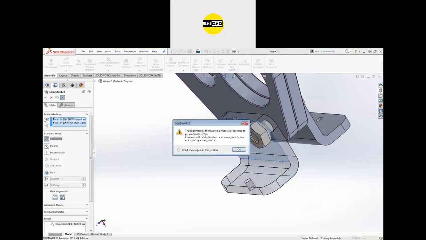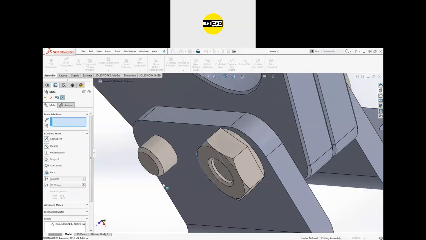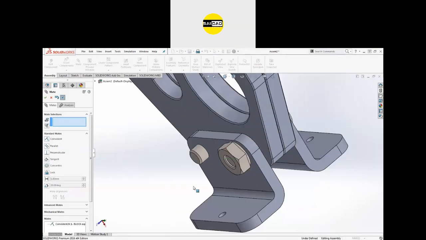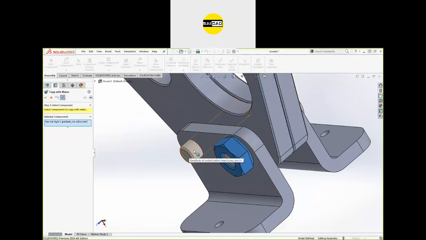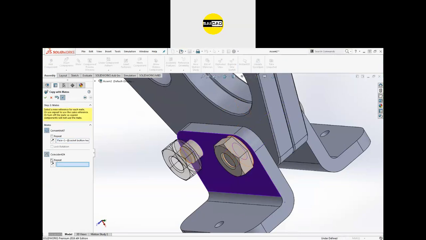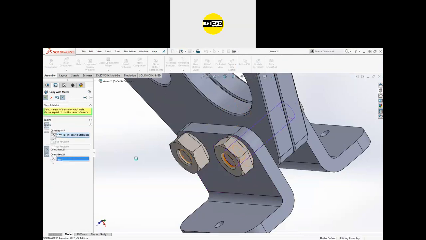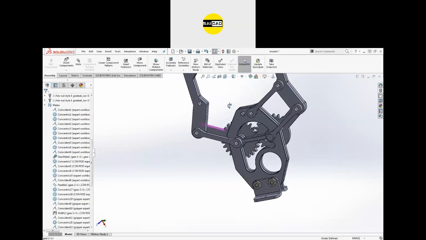So there's the make alignment. So click OK, click OK from here. You can see we are connected. So again, just go to the copy with mate and again select the circular, select repeat, click OK, and here is the result. So in this way, you can create your component.